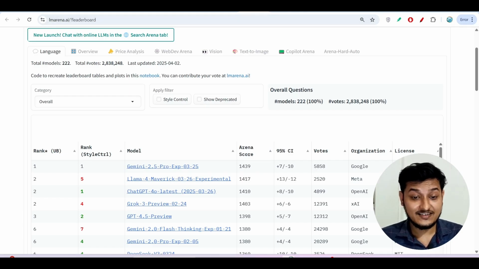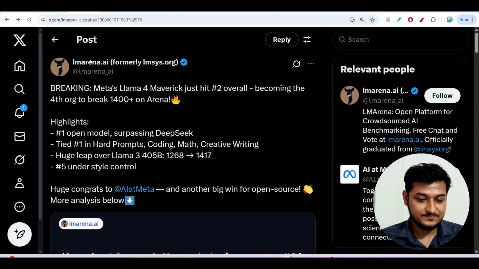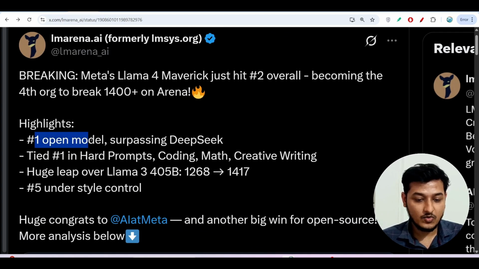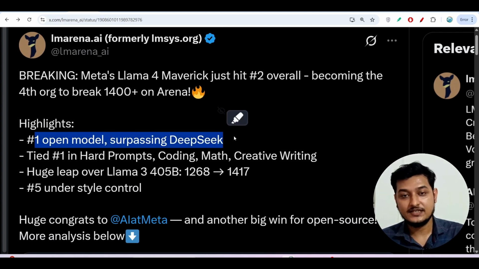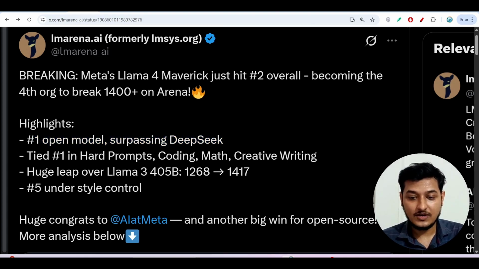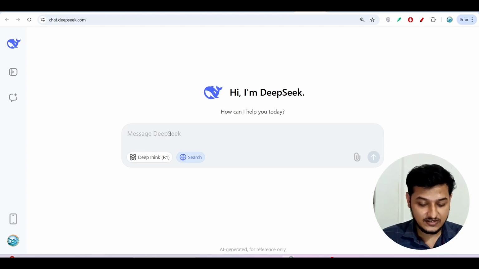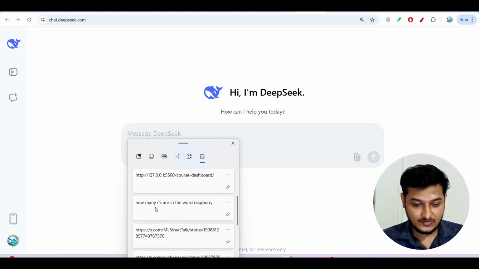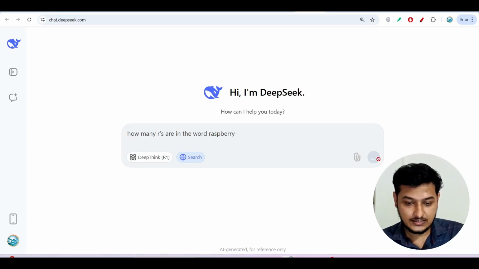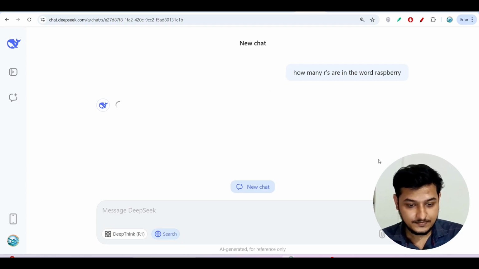Okay, one another interesting thing is that here you see that LM-Arena.ai means the LMCs. They are writing that number one open model suppressing DeepSeek. Okay, they are telling that suppressing DeepSeek. And okay, so one thing I will do, I will ask this simple question to DeepSeek also. That is, how many R's in the word Raspberry? So I will use the DeepSeek new version 3.1. Now if I press enter,